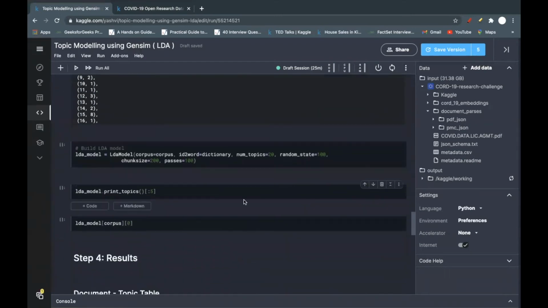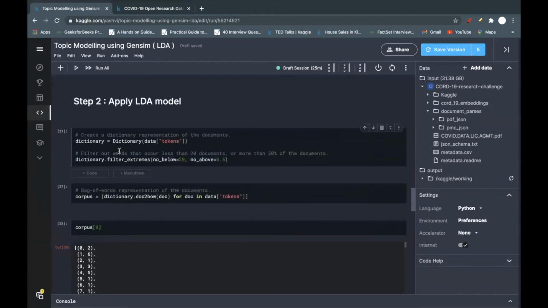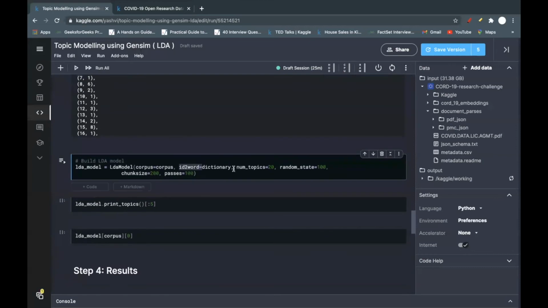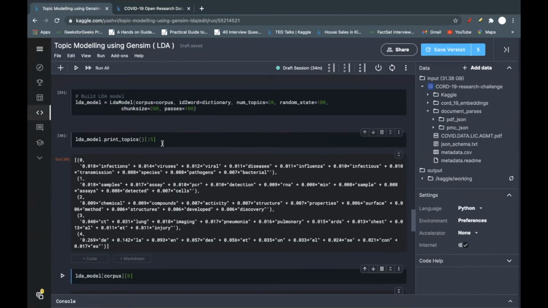Now the next part is to build our model. We use the LDA function from the Gensim library. Here we are passing our corpus, the ID to word mapping, that is our dictionary, and the number of topics we want, 20 topics. You can choose any number you want, along with some random state, chunk size, and passes of 100. Then I run this model and print 5 topics.